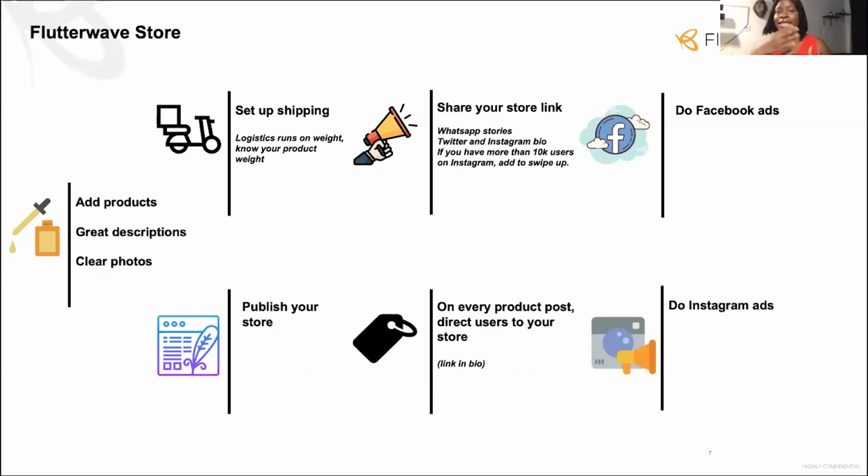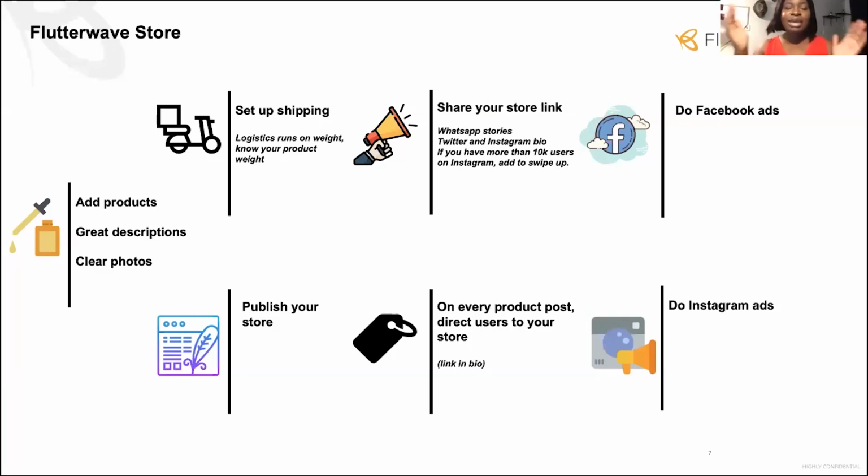What you're trying to do is leverage all your on-page channels to ensure you get as much visibility to your store as possible. For every post you do, you're creating a behavior for your users. I'm speaking specifically about Instagram: they stop thinking of DMing you as the only way to get information from you. If they see a post, then send you a DM, as you grow, it will be very hard to manage that. So you want to establish a behavior and guide your users into adopting the new behavior that you want, which is for them to start making payments on your Flutterwave store.